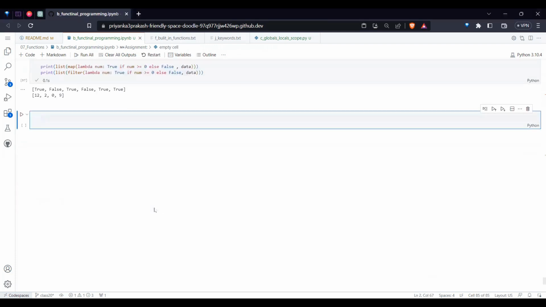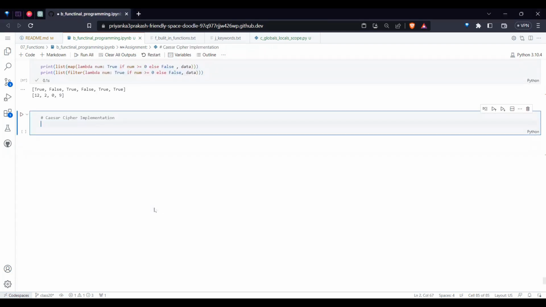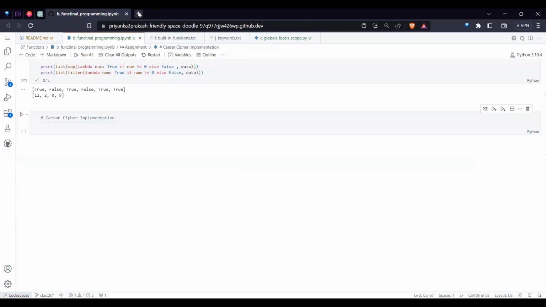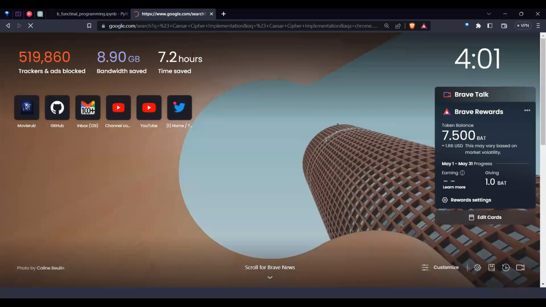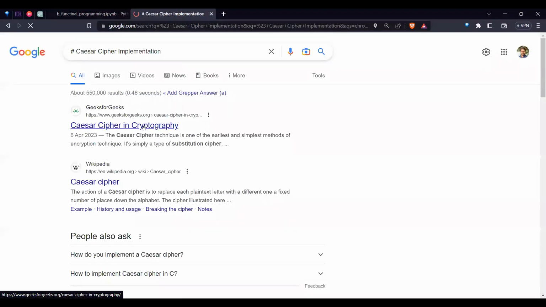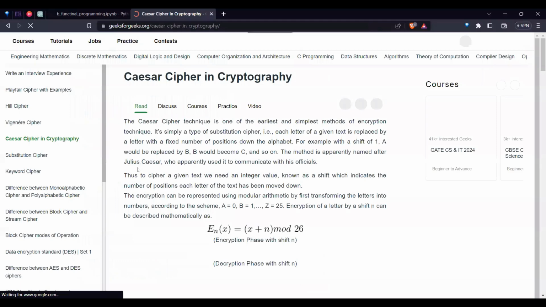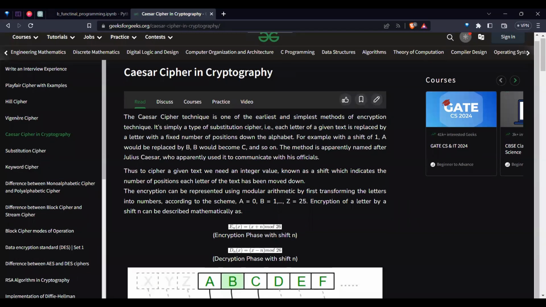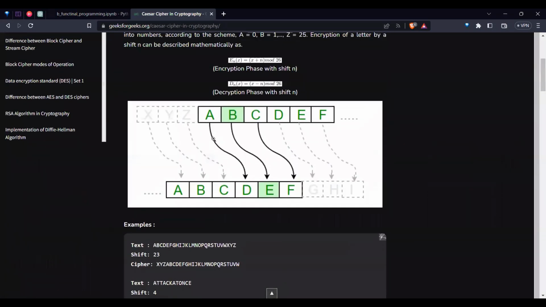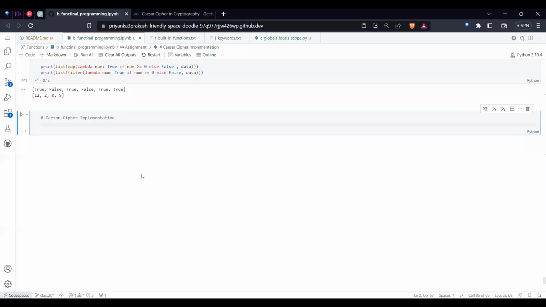So let me give one last practical example before closing it. Caesar ciphers. I already told the concept of Caesar cipher. Caesar cipher means in cryptography, we can have this concept where whenever you have a value, you replace it with the next third character. So generally go for the Caesar cipher concept. If you want to implement that,